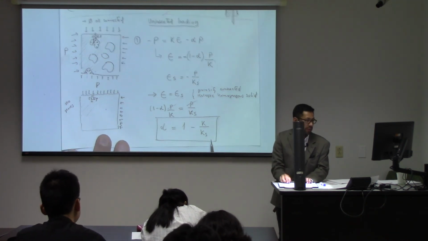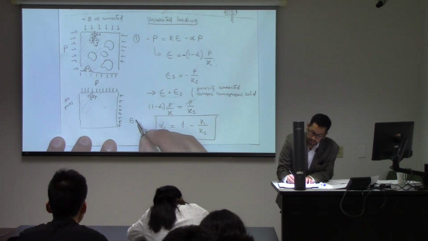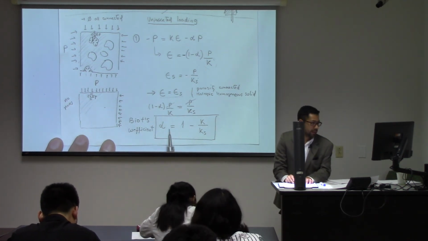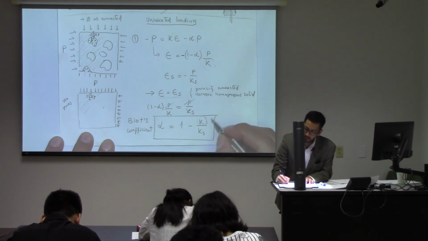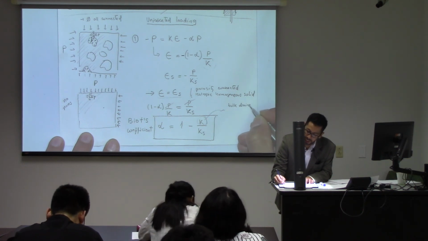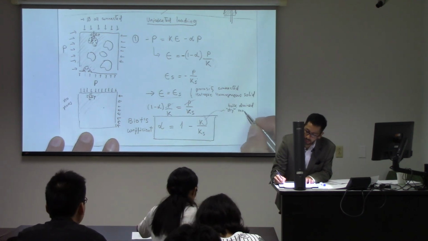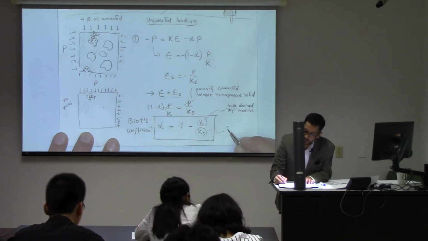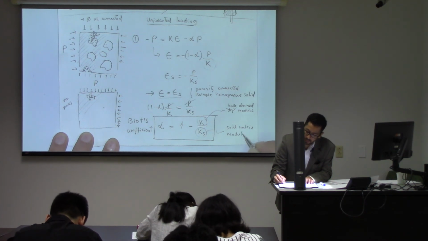Once I do that, I can arrive to this equation that tells me that this poroelastic constant, which is also called the Biot's coefficient, is equal to 1 minus the bulk modulus, which is also called the bulk drained, or some people call it dry modulus, and this one is the solid matrix bulk